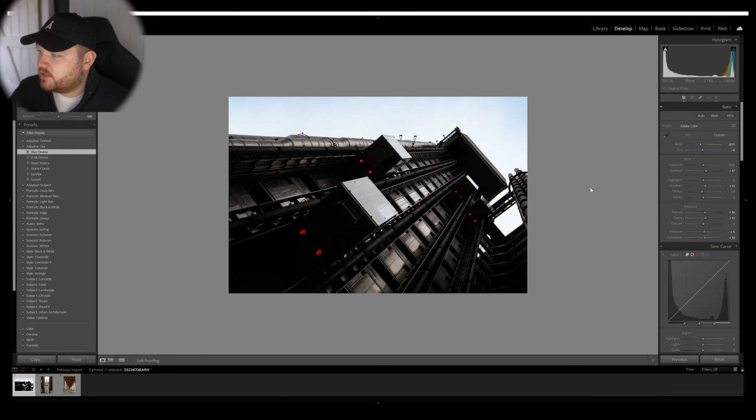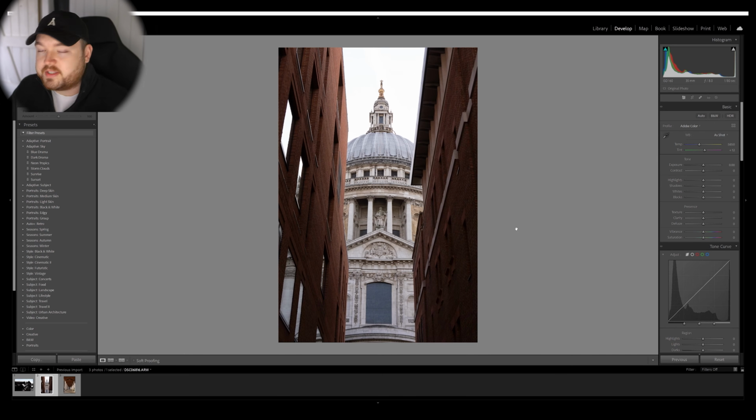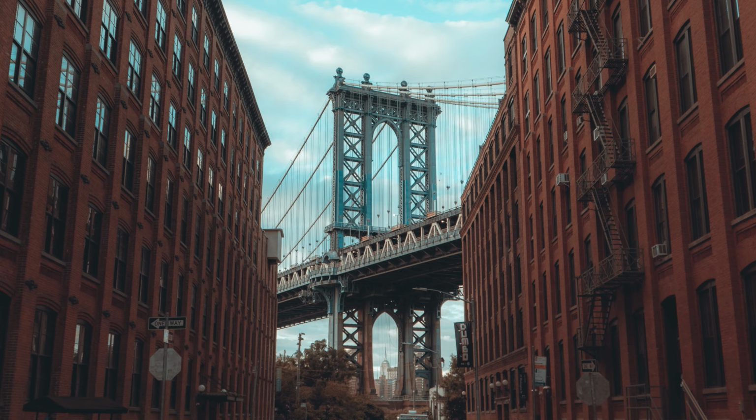So yeah, this looks pretty good. Let's move on to the next one. So this is an image of St. Paul's Cathedral in between two buildings, and I think it looks really, really cool. It kind of reminds me actually of Dumbo in New York. There's a photo I took of that a couple years ago, which I'll show on screen, and you'll kind of